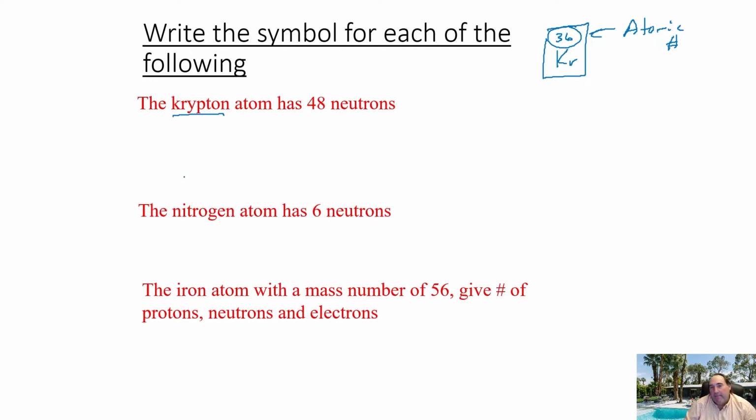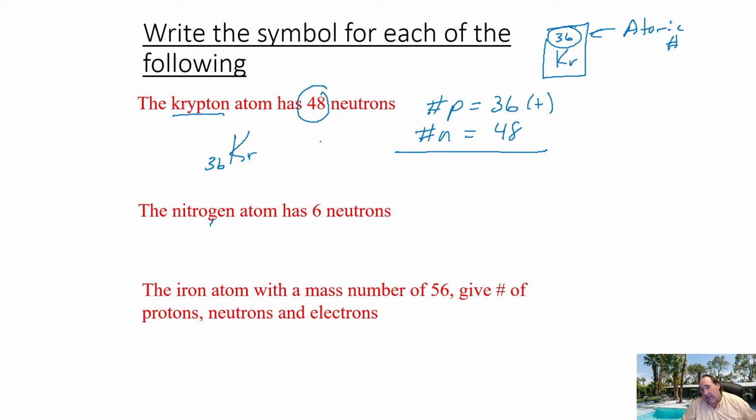All right, so we got most of the stuff that we need here. We could start with our symbol, which is Kr. We're going to lay our 36, which is our atomic number, there on the bottom. This has got 48 neutrons. So the atomic number 36 tells us that the number of protons in this case is 36. That means that our number of neutrons in this case is 48, which was given to us.